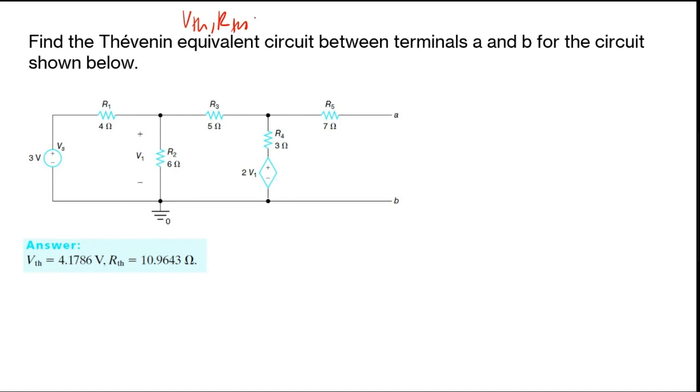So that means you have 1, 2, 3 methods, and you cannot use the first method. So in order to calculate RTH, you either use method 2 or method 3. These two methods are going to give you the value for RTH. But you cannot use the first method, where you just turn off the sources and then calculate, because you have this dependent source, right? So from this,